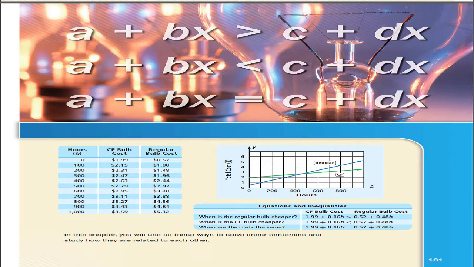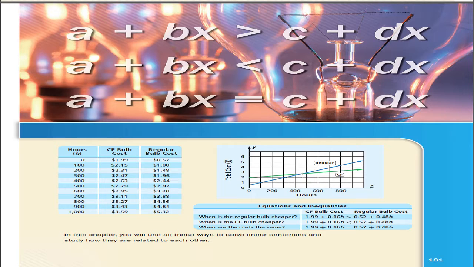We've talked about these before, where the table is the arithmetic relationship, the graph is our geometric relationship, and then finally we use equations to get an algebraic relationship. Depending on what we want, one or the other or all of these might be needed. A graph is a good approach when an approximation is okay. If we're just going to get to kind of a close enough value where they cross over, then we'd say,